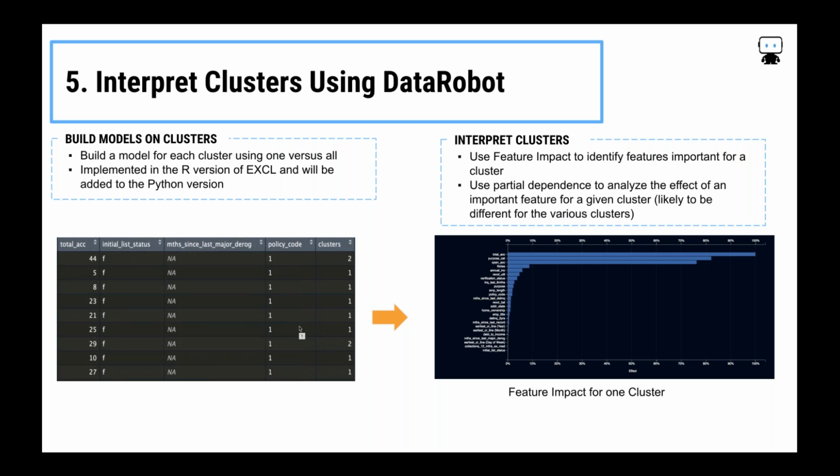I could create a binary classification project in DataRobot where I say, hey, does this row of data belong to cluster 1 or not? And then using some simple tools like feature impact, which is on our right-hand side, I can see which variables are driving my predictions of belonging to a particular cluster or not. We can also use other tools like partial dependence to look at how features are important for a given feature. But the idea is you can get creative, and I'm sure there are other tools, and we'd love to learn more about what you all are doing on your own to help tell a story here. But it's a nice way to quickly automate this process and start to understand what's driving these clusters and these patterns of behavior.